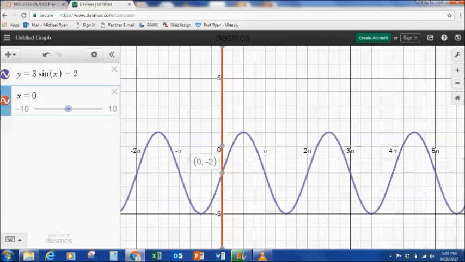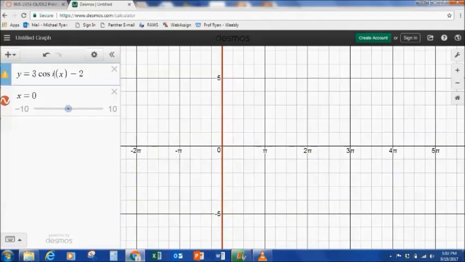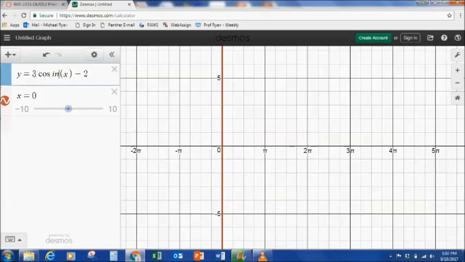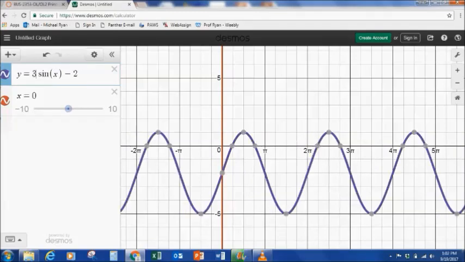Is the purple line starting in the middle of the up and down, or is it at the top of the up and down? Because if the graph was cosine, it would start at the top of the up and down. But if it's sine, then it starts at the middle of the up and down. And you can go to Desmos yourself and try all this out. I recommend you go to Desmos, type in sine, and just play around by putting numbers in and see what happens